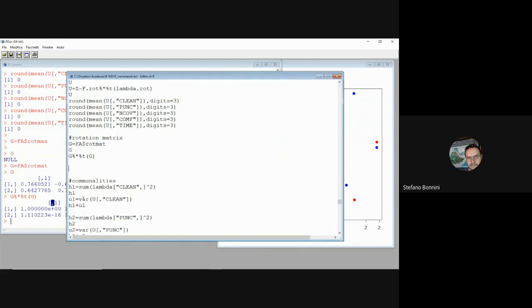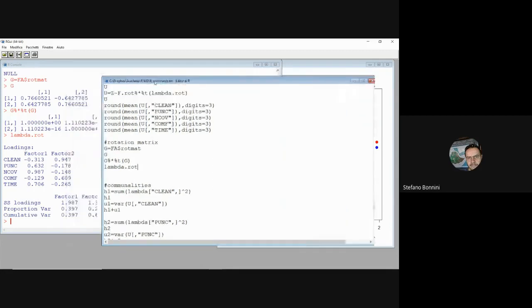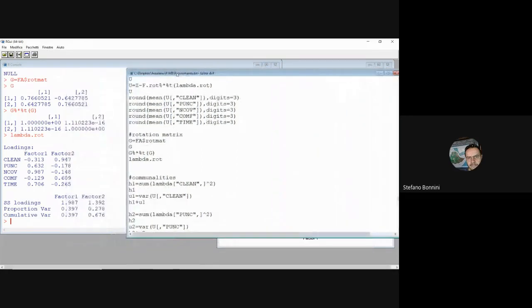Now, I remind you, lambda.rot values, let's control R, are these values, the factor loadings of the rotated factors, the rotated factor analysis, and